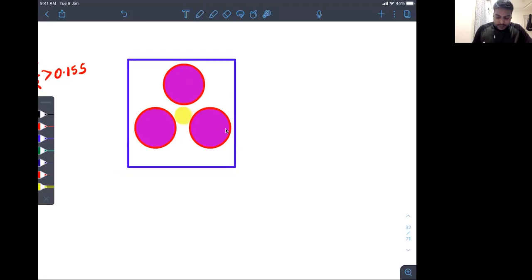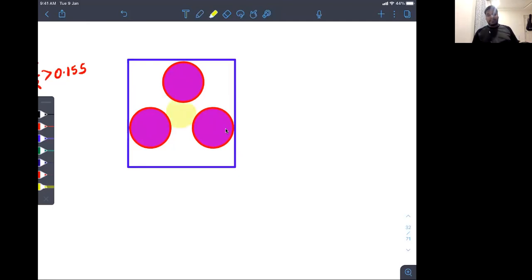So this atom can maximum shift up to this point. This atom can maximum shift up to this point. And the inside atom can grow maximum up to this, right? After this, it cannot grow, which means this atom won't fit in here.